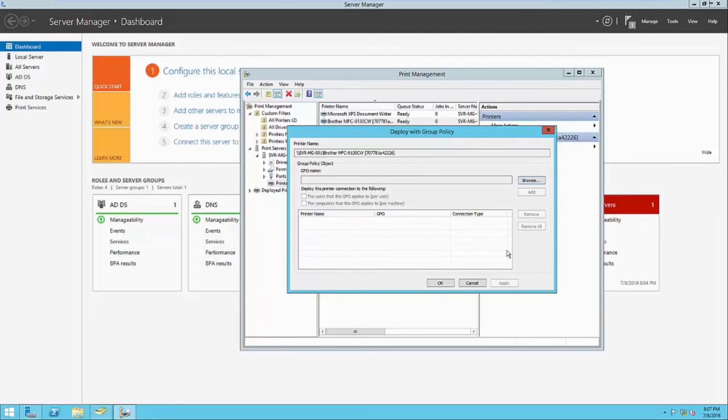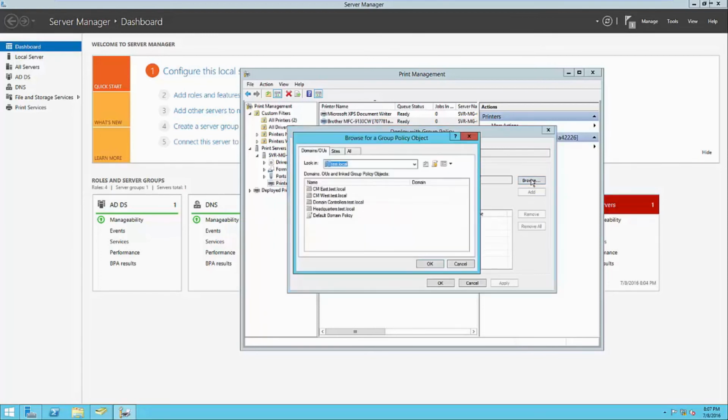Now, I could go ahead and manually configure that. I could go into group policy and set up the policy and deploy the printer by manually selecting all of those things. But this wizard within print management allows me to create a group policy automatically without having to do it all manually. So what we'll do is we'll click Browse. And if I already had a policy that I wanted to add this printer to, I could just go ahead and select it